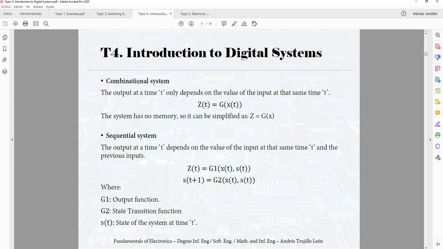The first one is the combinational system, that we are going to study in topic 6. Topic 6 is going to be devoted only to combinational systems. In a combinational system, the output